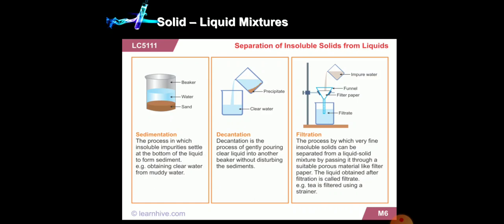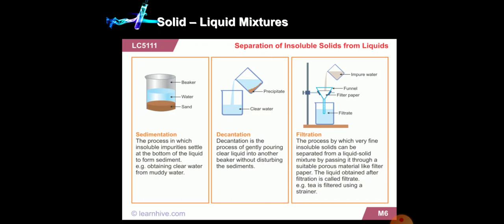In muddy water, again there are the two terms which we talked about just now, a solute and a solvent. The mud which is dissolved in the water is the solute and the water is the solvent. So the first process, sedimentation: you can see that there are some insoluble impurities at the bottom, that is sand. We have seen that sand is heavier, so it settles at the bottom. In a beaker, if you take a solution of water and sand, the sand, as it is heavy, settles at the bottom, and the liquid, that is water, remains at the upper surface.